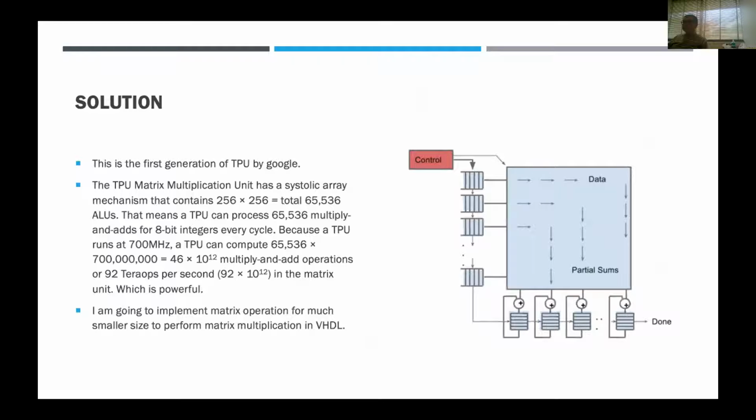They have a systolic array mechanism and contain a large number of ALUs, and the TPU can process quite a large number of multiplies and adds for 8-bit integers every cycle. In the end, the operation can reach around 92 tera-operations per second in the matrix unit. That is powerful. While for me, I cannot do this